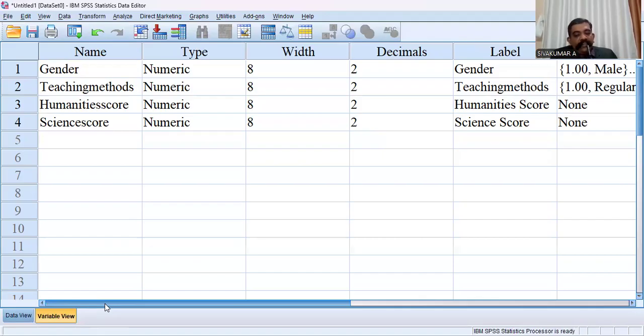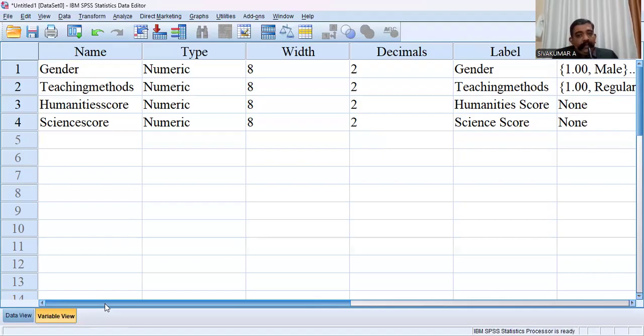That is a specialty of two-way MANOVA. If you have two dependent variables and two categorical independent variables, then you can analyze your data using two-way MANOVA with the help of SPSS software.